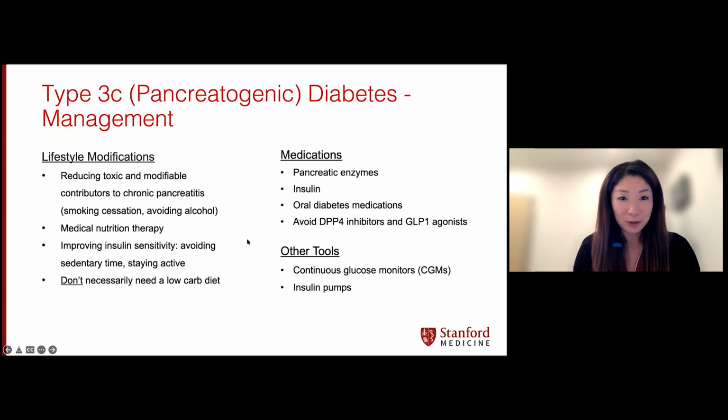Now, we have a lot of other tools as well, and this could be a whole other talk. But for example, we have continuous glucose monitors in addition to the traditional finger stick glucometers. These help give patients a lot more blood sugar data and can really help you monitor what's happening to your blood sugars with different food and activity and medications. And it really gives us a better picture of what's going on with your diabetes. Now, the traditional way to monitor is with finger sticks testing with your blood sugar, and these give us individual data points throughout the day. But really, these CGMs can provide a lot more information.